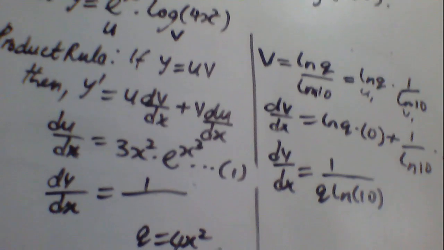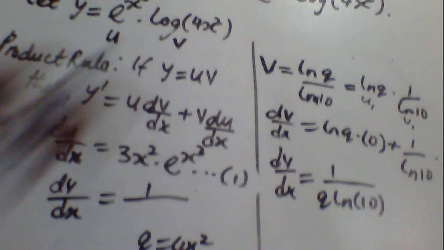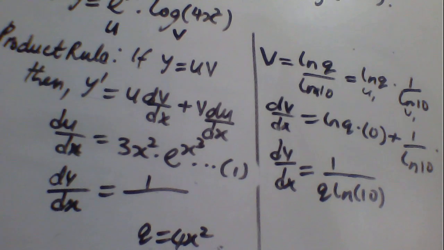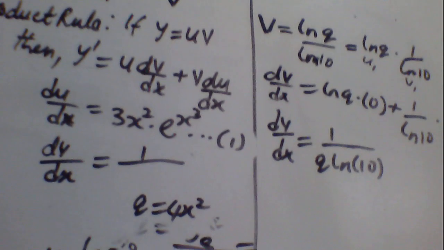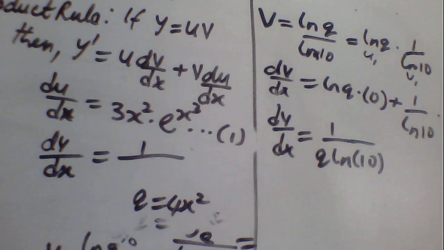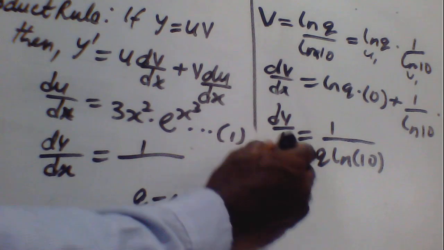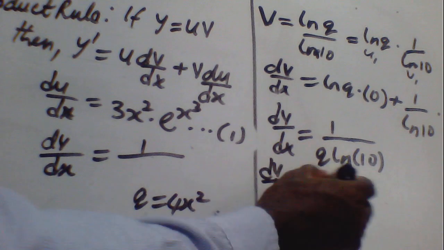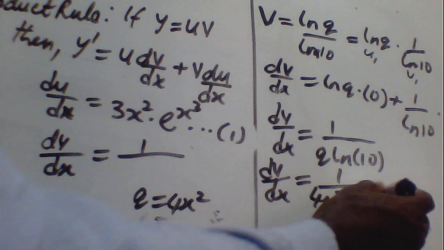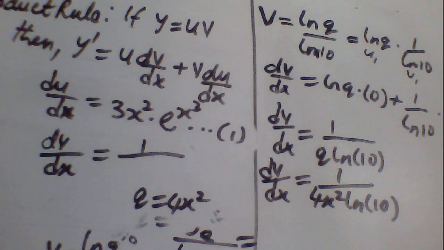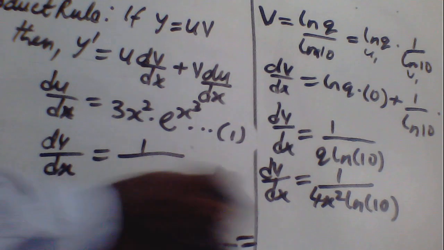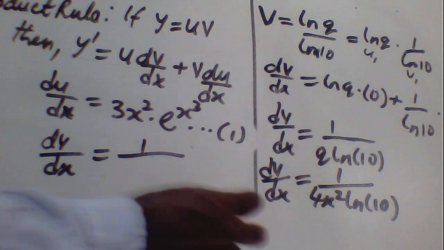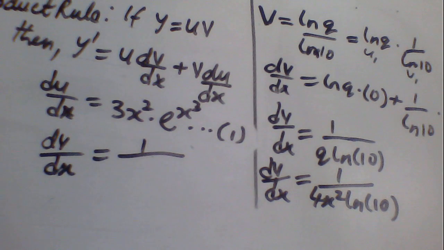See the original equation up here. V is equals to log 4s squared. So we assign internal value to the q, which is equals to 4s squared. So come here and replace it with 4s squared. So dv over dx is equals to 1 over 4s squared ln 10. So once we have arrived at this point, you can now